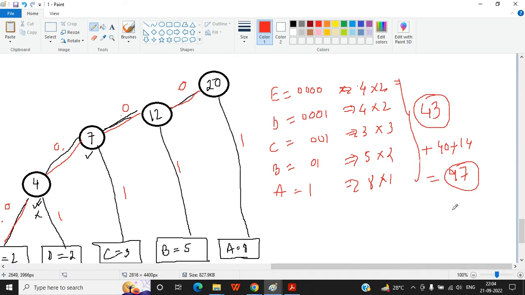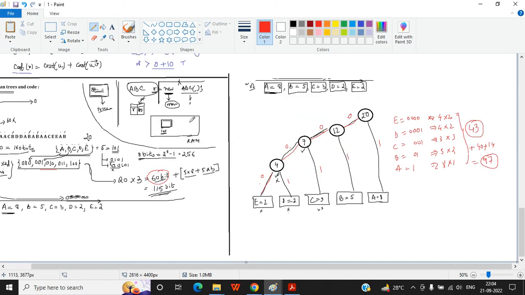Here it is 97 bits only. You see the significant reduction in size. This is your Huffman coding, and we are achieving it from the Huffman tree.